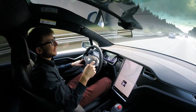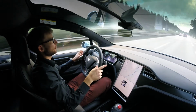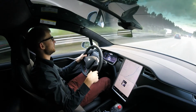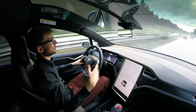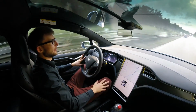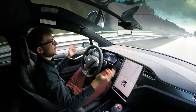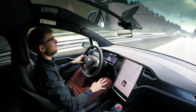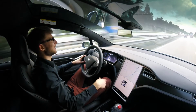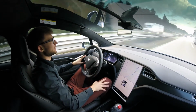One difference though is in the Model S, I think so far I've always put the range mode, I think it's called, on. In this car, I've turned it off. What range mode is, it basically limits your AC and heating to conserve battery power. With this car, I had some other people in the car, and there was no reason on this stretch of road not to turn it off, to have the perfect climate possible. Didn't put on bioweapons defense mode, but yeah. So that is a small difference that might account for some of the higher consumption, but it's still